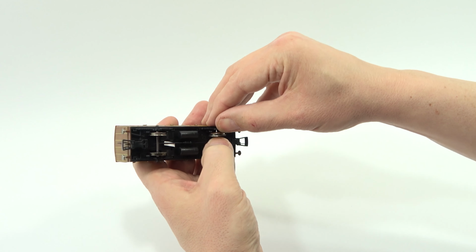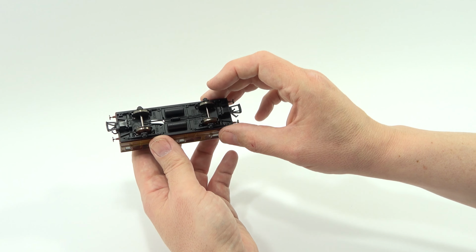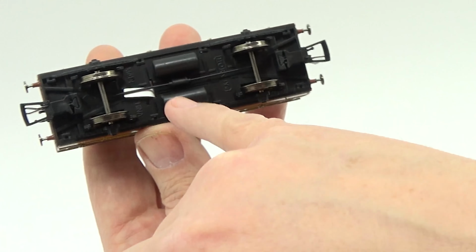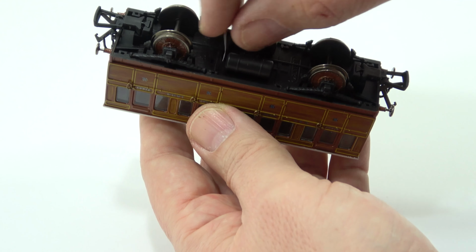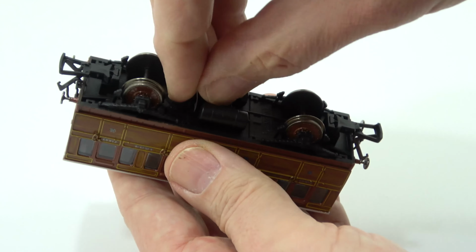Considering this is a generic coach, there's a reasonable amount of underframe detail on here as well. However, one of the exciting things you'll have spotted is this little tab here, and we'll be investigating that in a moment. I've extracted a little tab from underneath the brake pull rods, and if I pull that out, which